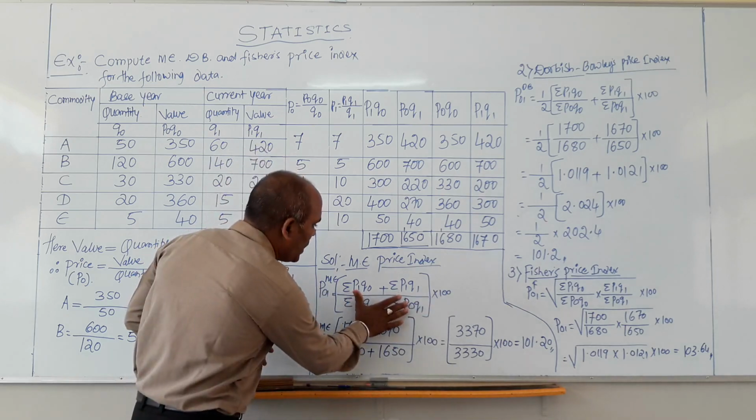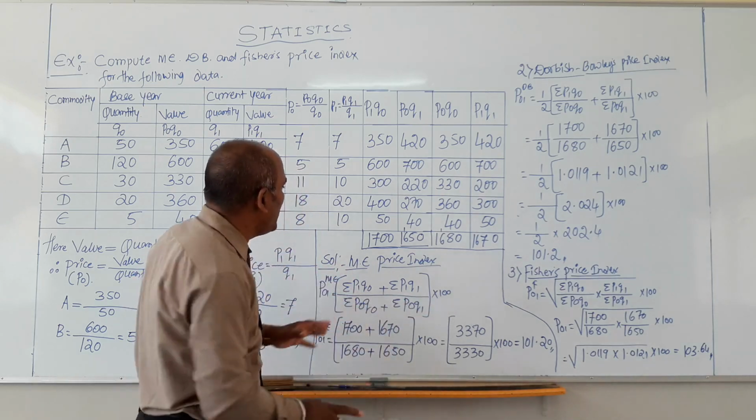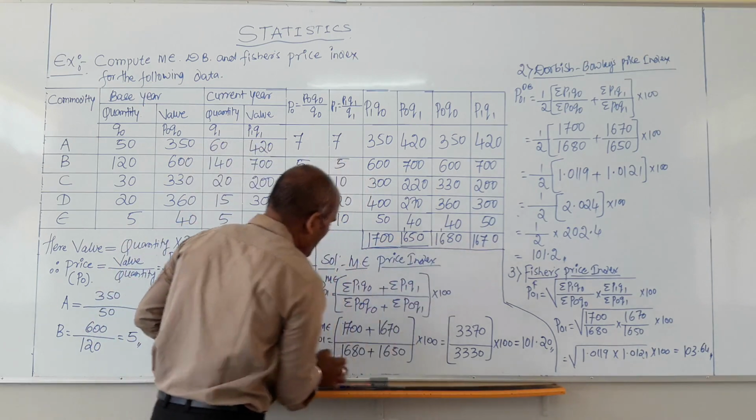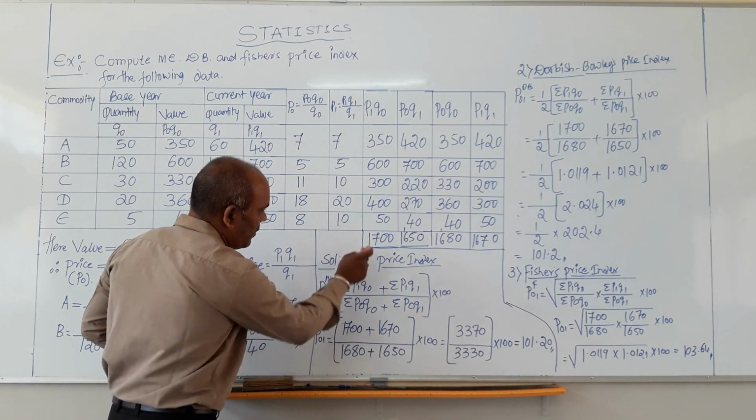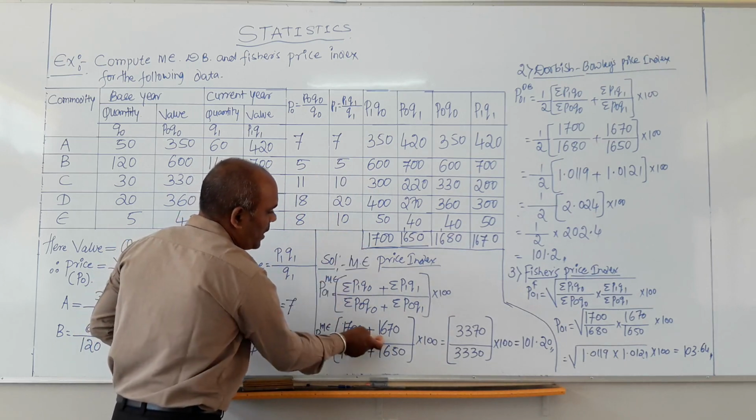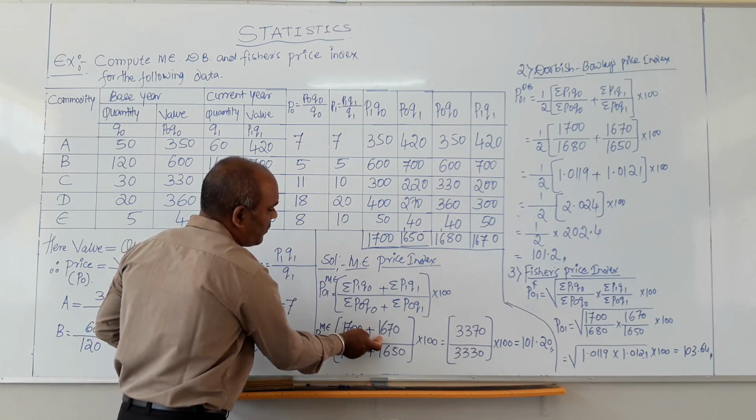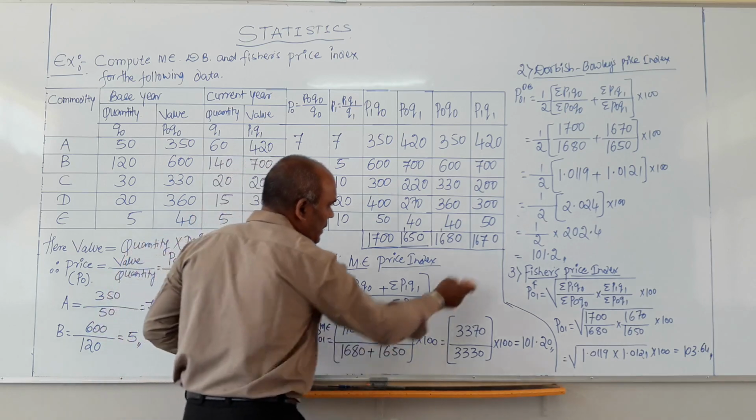As per the formula, you have to put the values, we already calculated here. P1 Q0 is nothing but 1700, and P1 Q1 is nothing but 1670,